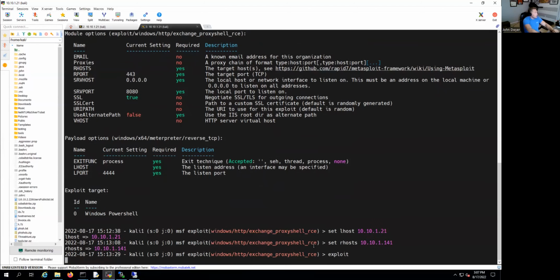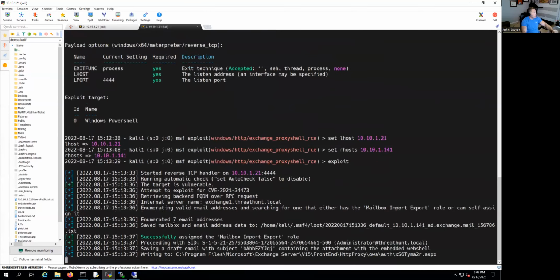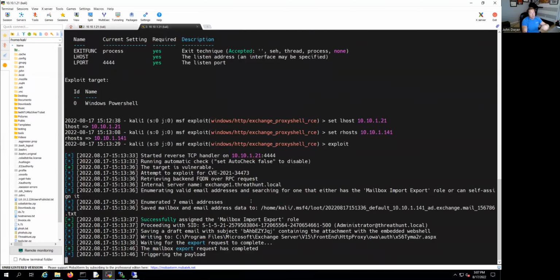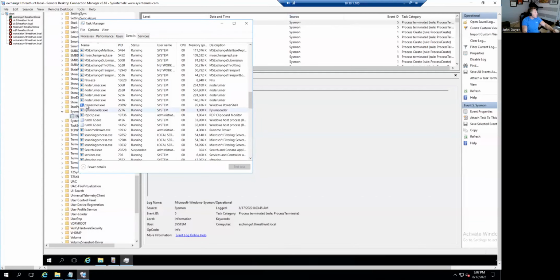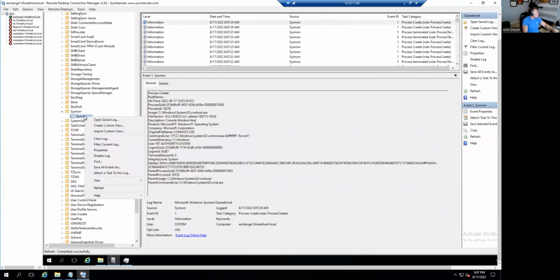So we'll do an exploit, and it's going to run. And we can see, yep, here's our saved mailbox and email address. And then it's going to go ahead and export it. And we can see right here, this is where our web shell file has been exported. And then what it's going to do is spawn an interpreter session on Exchange. So if we go over to Exchange and pop open the task list here, we can see that there is a PowerShell process running as system. And this is likely what we're going to be looking for. So what is that process ID? 20892. So let's go ahead and look in